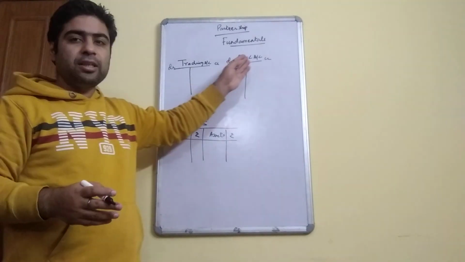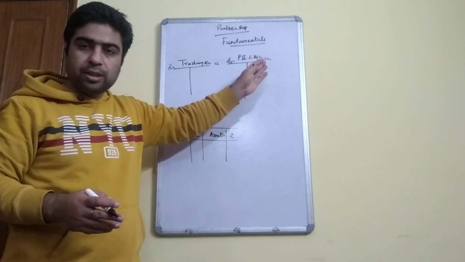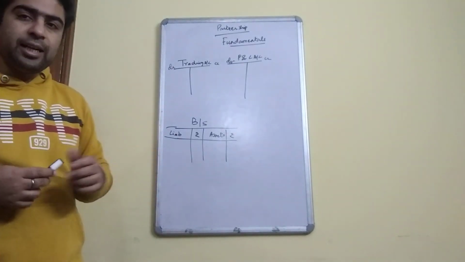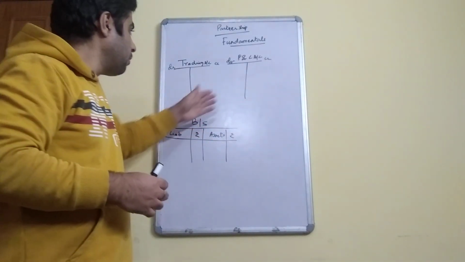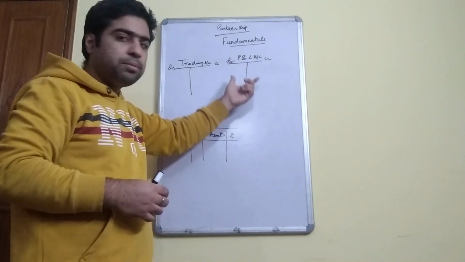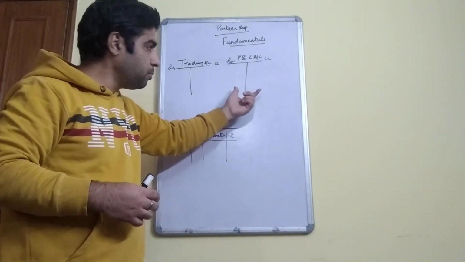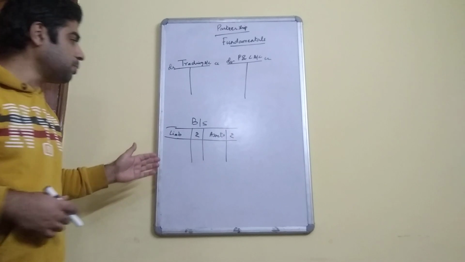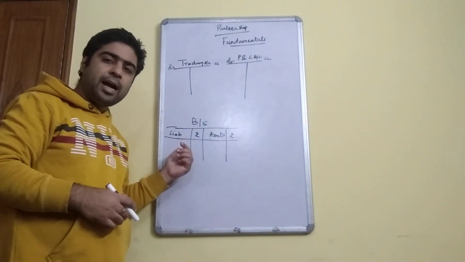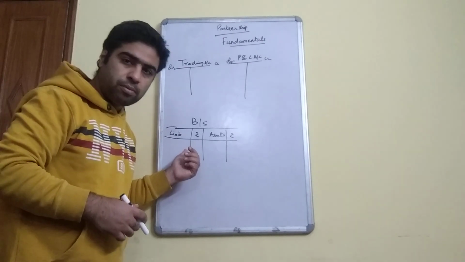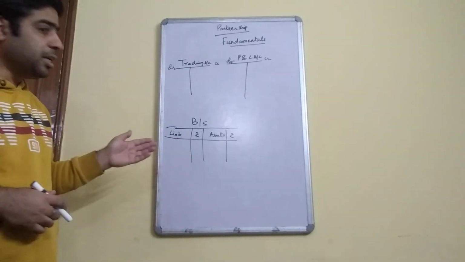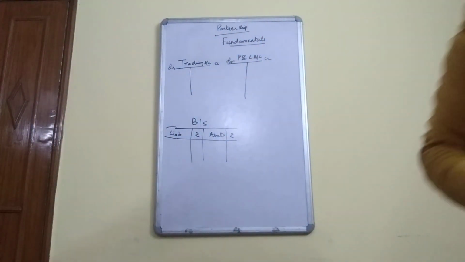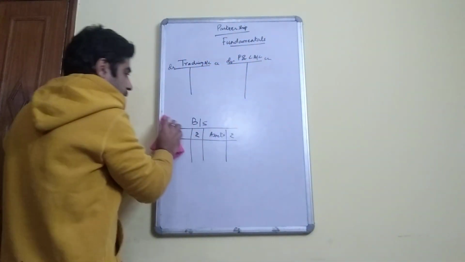Now this gross profit will get transferred to the credit side of the P&L account, and on the debit side of the profit and loss account, all the indirect expenses will be recorded. Whatever is left after subtracting all the indirect expenses from the gross profit is the net profit. And in a sole proprietorship, that net profit is directly added to the capital of the individual proprietor. But in grade 12 partnership fundamentals, after preparing the profit